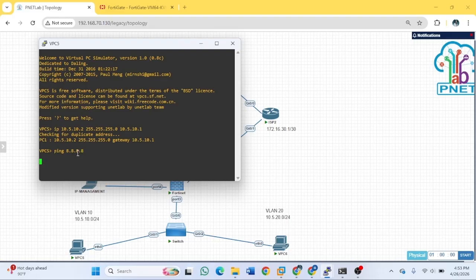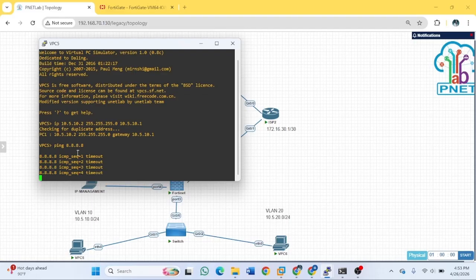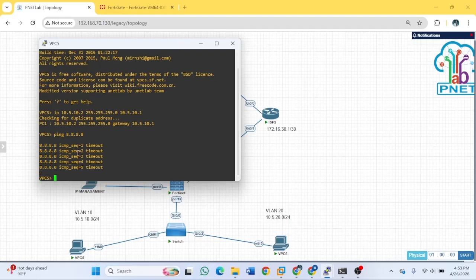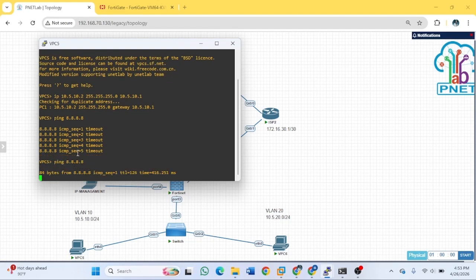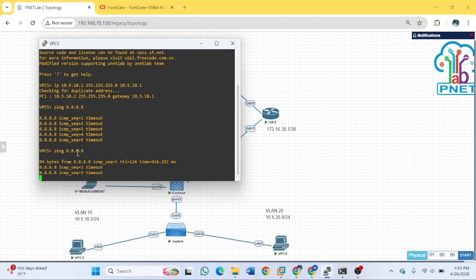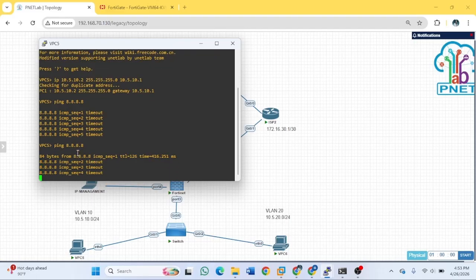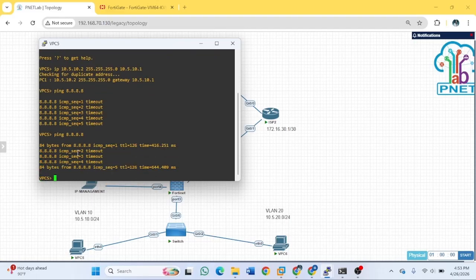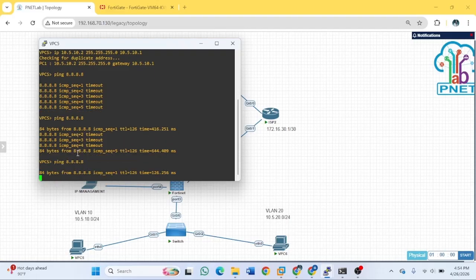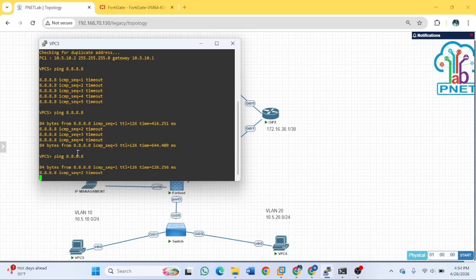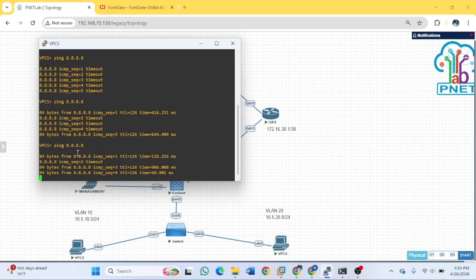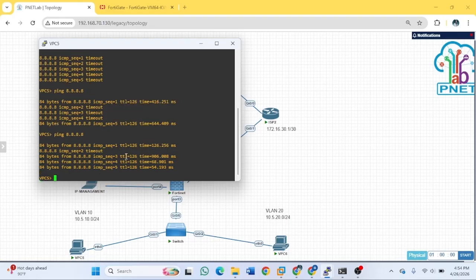Okay, it's a time out. Check again. The latency is very high and the ICMP is timing out. Okay, we're going to check again. Okay, but it's good, we get a response from the internet.